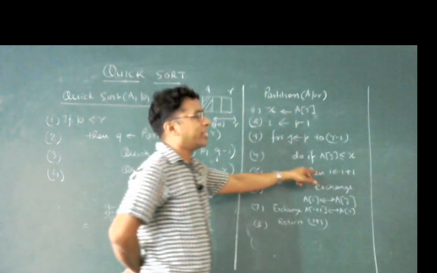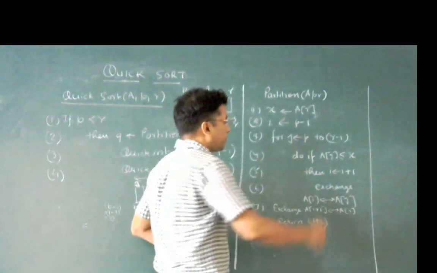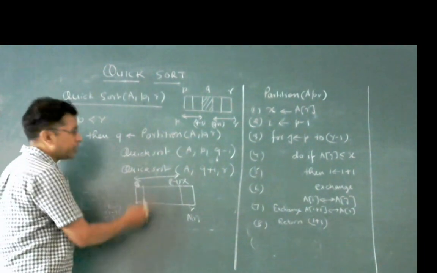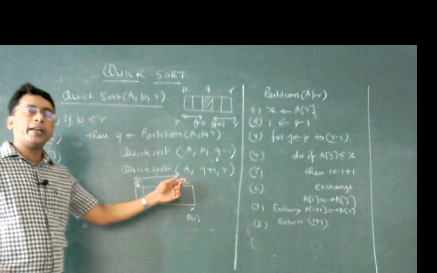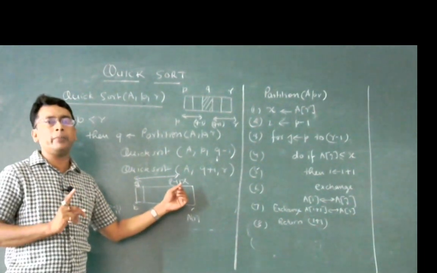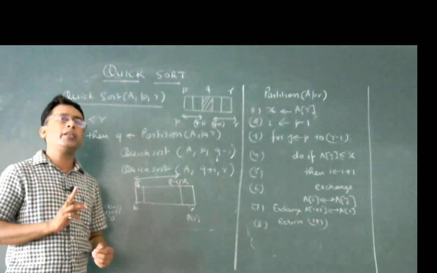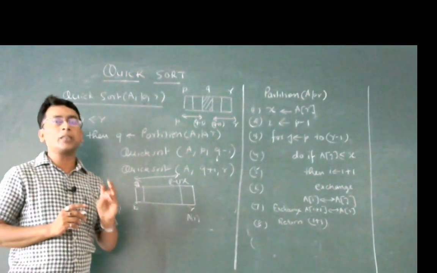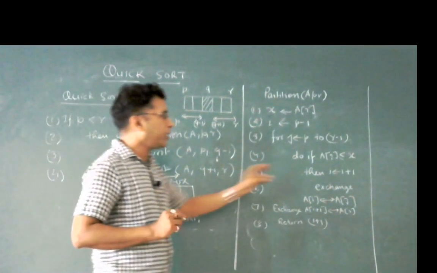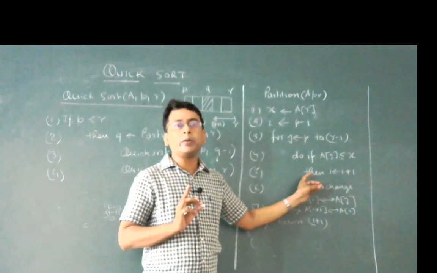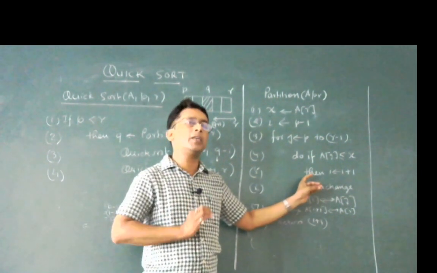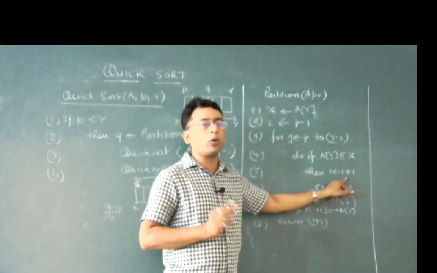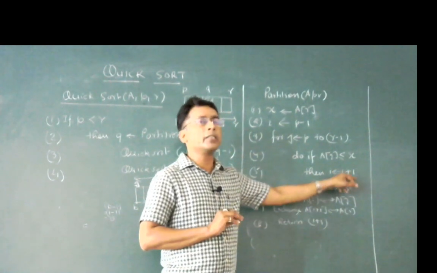If the condition is satisfied, then i = i + 1. We increase the index: if we get any element smaller than the pivot element on the left hand side, then we increase the value of i by 1. Or we can say that we start counting. In simple words, we keep on counting the number of elements which are smaller than the pivot element, and every time we get an element smaller than the pivot, the count is increased.